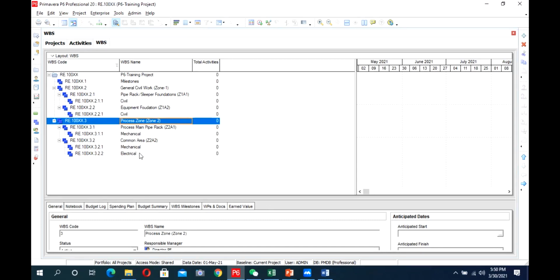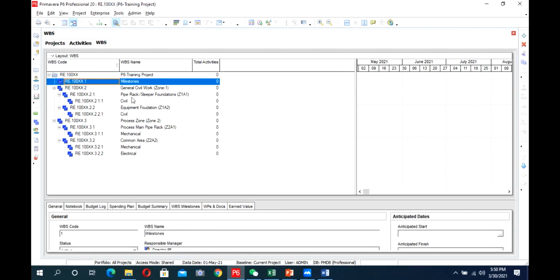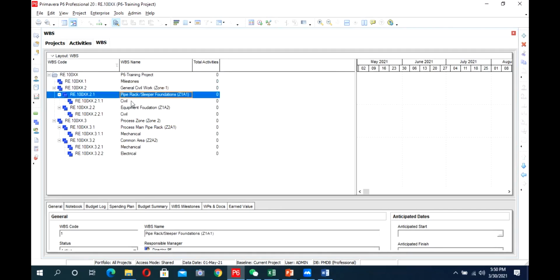For one area, like we have a PV plant in which we have to install the PV modules, and we have to make a substation, someone divides the PV plant area into 4 zones, and someone divides it into 2 zones, depending on their understanding and how they are going to plan the work after it. So after creating the project, making the WBS is our first priority. So first we will make the WBS.